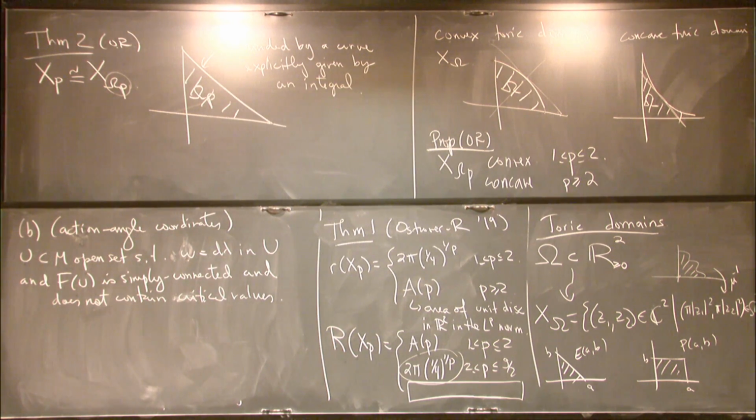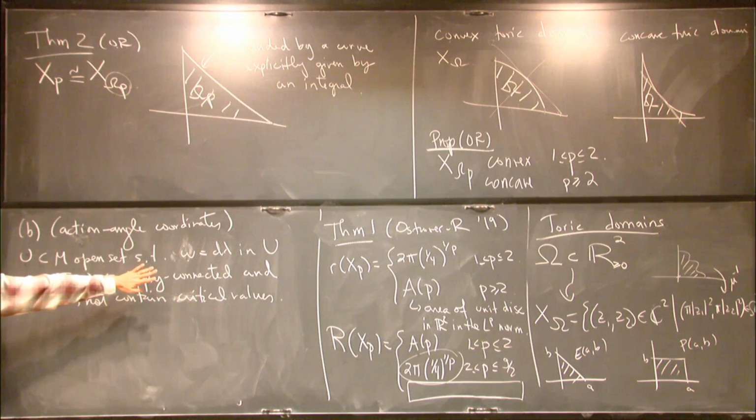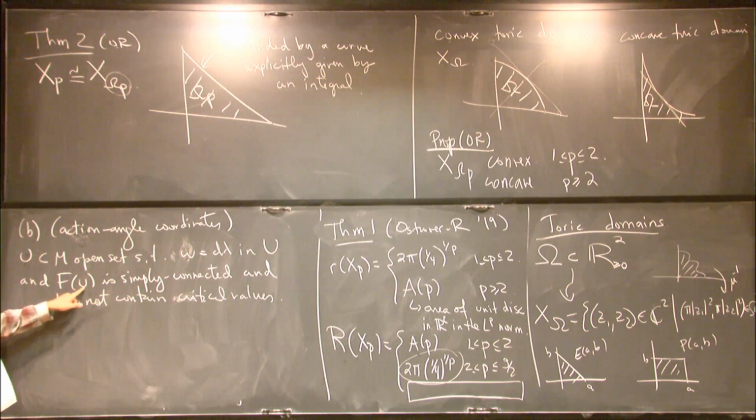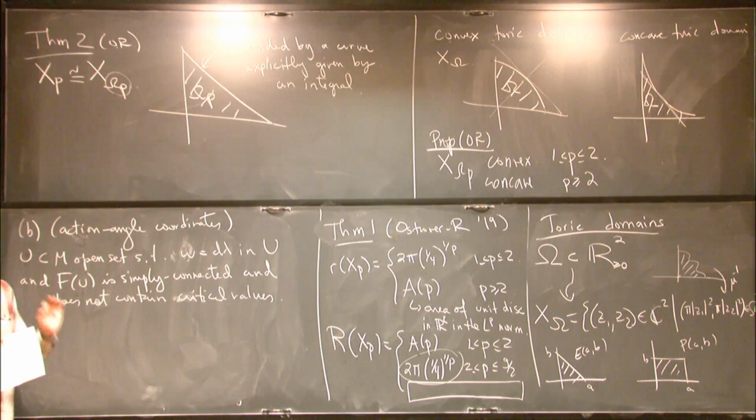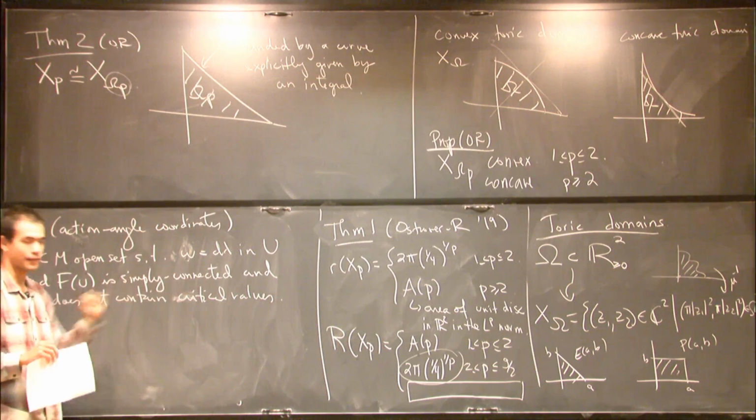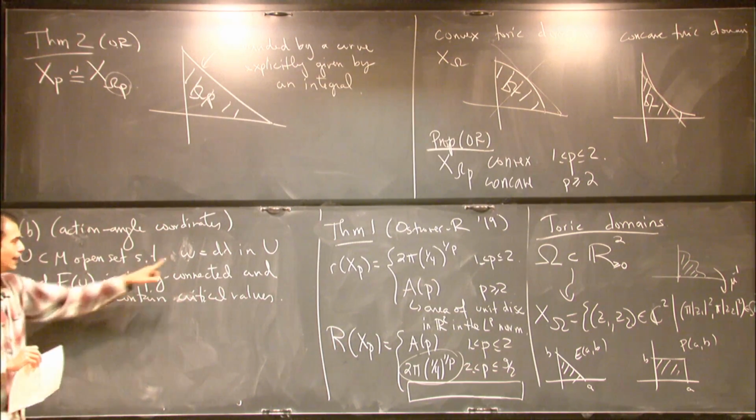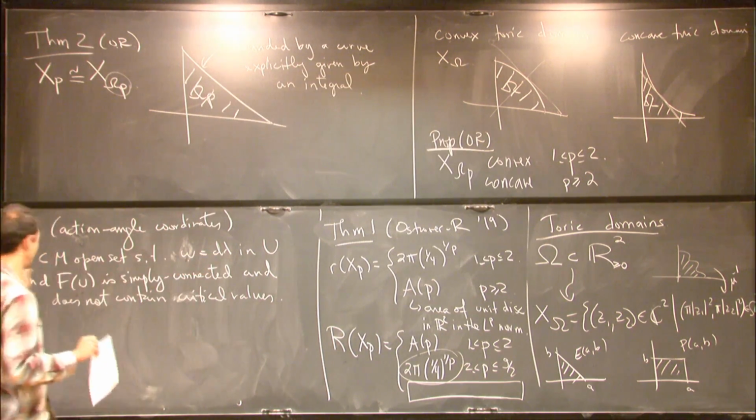So if I take a set of points u such that f of u is simply connected, well, the simply connected doesn't really matter for this first part. So you just take an f of u that doesn't contain critical values, then that means that u is going to be diffeomorphic to f of u times Tn. But we can actually say a little bit more. So if we have this extra assumption that it's simply connected and that the symplectic form is exact in u,